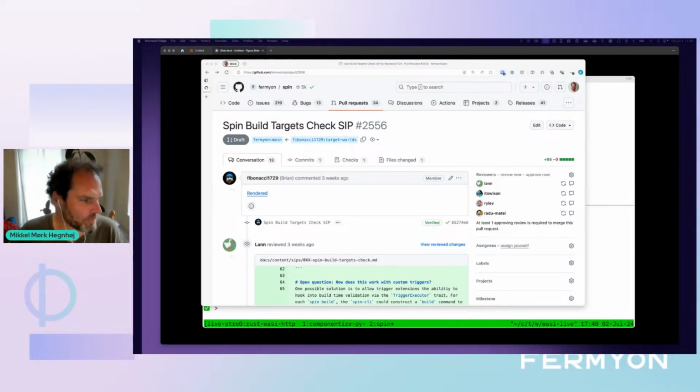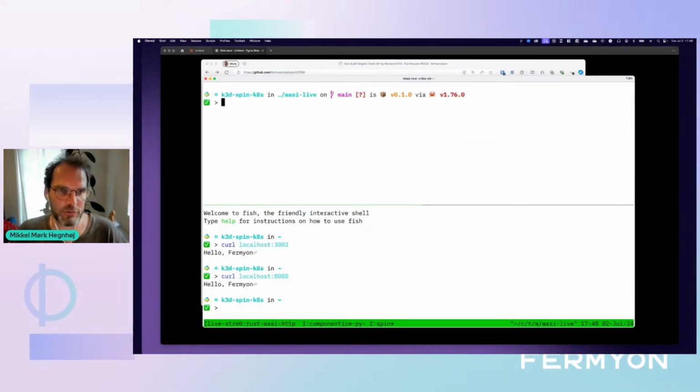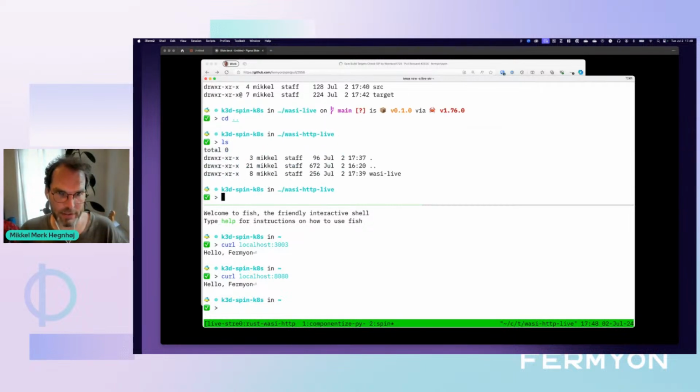Okay, so the last thing that actually makes my demo here of using the Spin SDK and not the Spin CLI to build something that we can run with Spin is to now actually go ahead and create a Spin application, and then run the WASI HTTP component that we just created, again without using the fullness of the Spin experience, but I hope you get the point, even though it's weird. But let's do this. Okay, so spin new. Sorry. The first thing we need to do is now